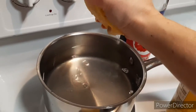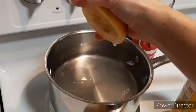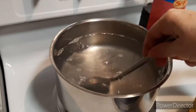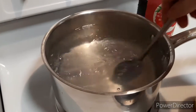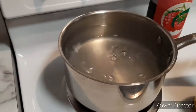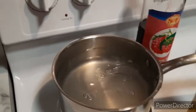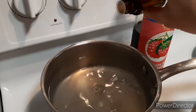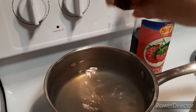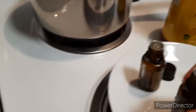I'm just gonna have to put the camera down so I can squeeze with 2 hands. Okay, so I'll see you in a bit. So now you can see I have the lemon in here. It's all good, nice and hot. Now I'm gonna add 4 drops of essential oil lemon. 1, 2, 3, 4. And again,